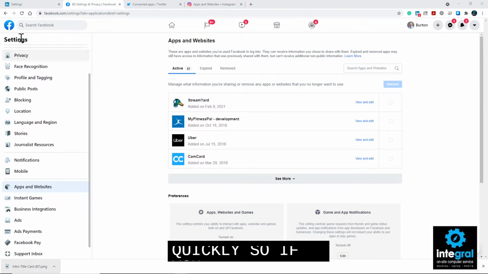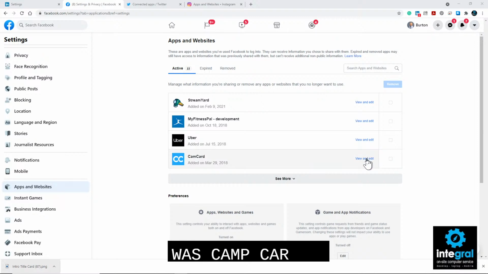So if you go into Facebook and go into settings and go to apps and websites, these are all the apps that are sharing my email information within Facebook. So there's Uber, and I have no idea why. There's Camcard. I don't know why either, but I can definitely review and